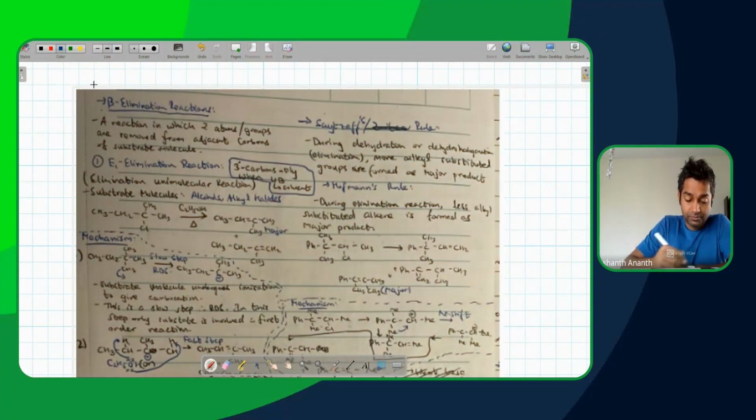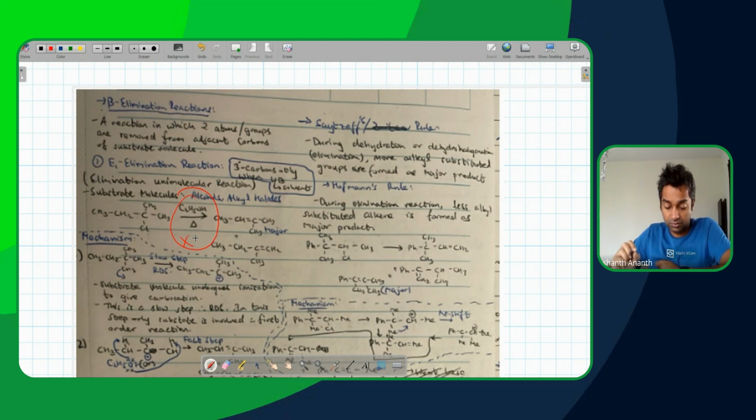So, beta elimination reaction, the reaction in which, okay, whatever, this part is fine. Now, this is very wrong. Never write your reaction like this. Your synopsis absolutely should not be this. This is wrong. And in this particular case here,